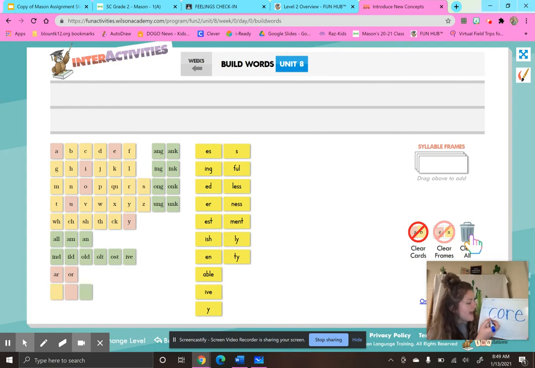When you look at this syllable, core, what do you notice in this word? What kind of syllable is this? It's a vowel consonant E. Now, it's still saying or, but let's say I switched it to the word